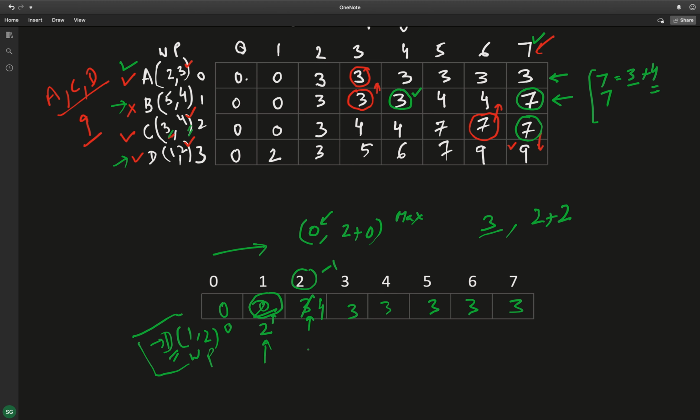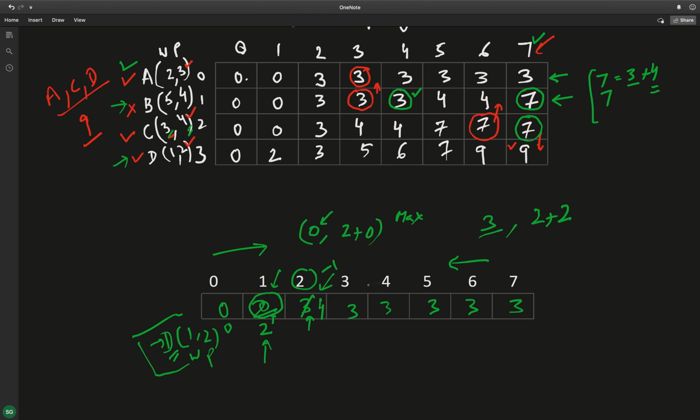This is 0, 1 knapsack. We have the quantity of each item as 1, and we can't consider this item twice. So once we consider this item here, and now we are again considering this item here. So that is wrong. So that is the reason why we need to fill this array in the reverse order,